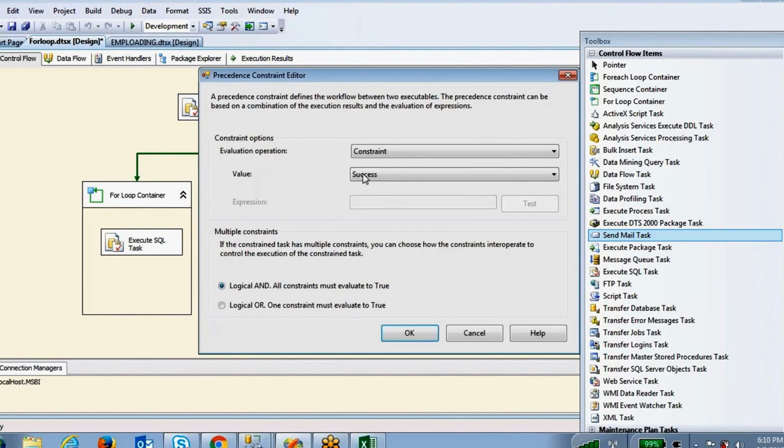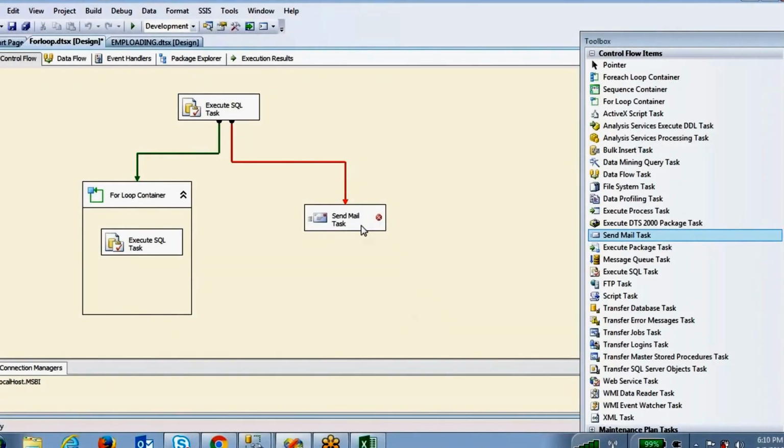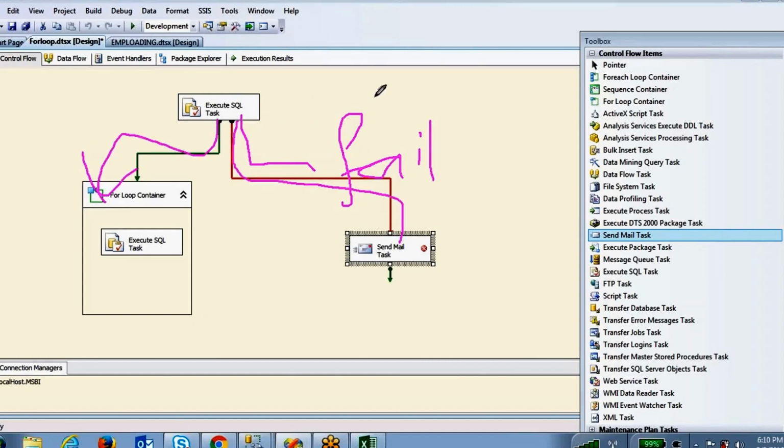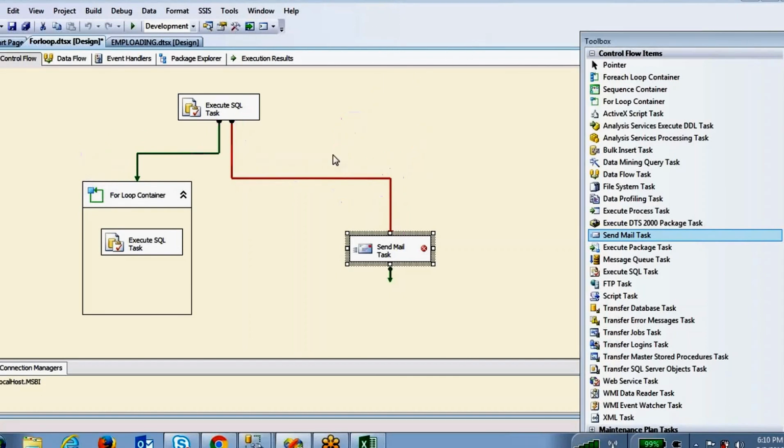So where do you have to mention that condition? Failure condition. See, whenever this fails, that means red color, so automatically this path will execute, and if it is success, it will come here. And one more condition you have, that is completion.